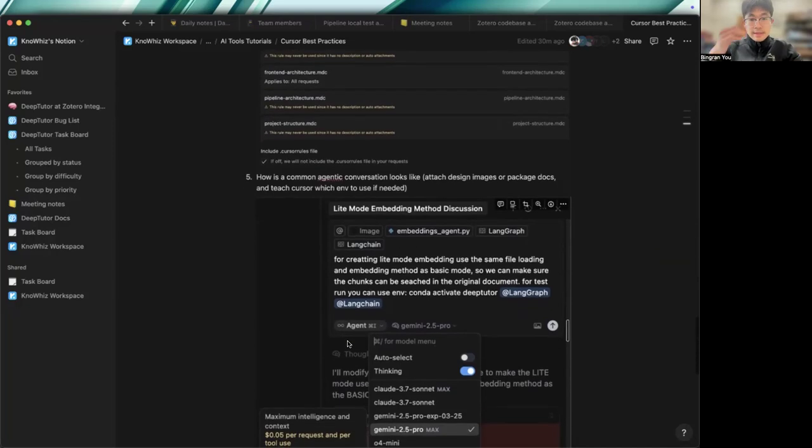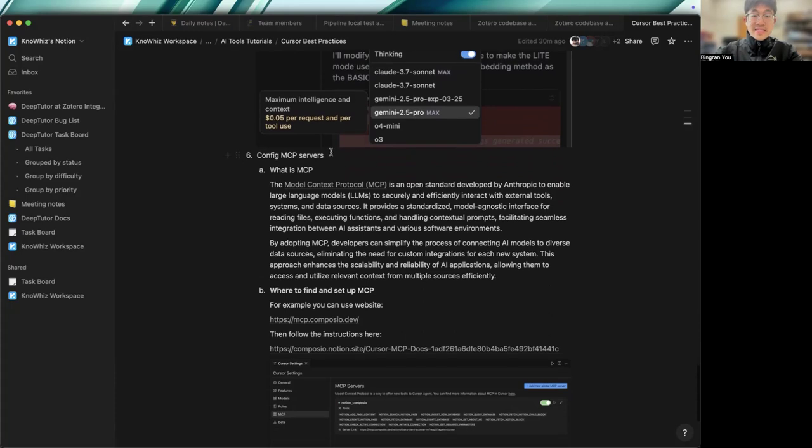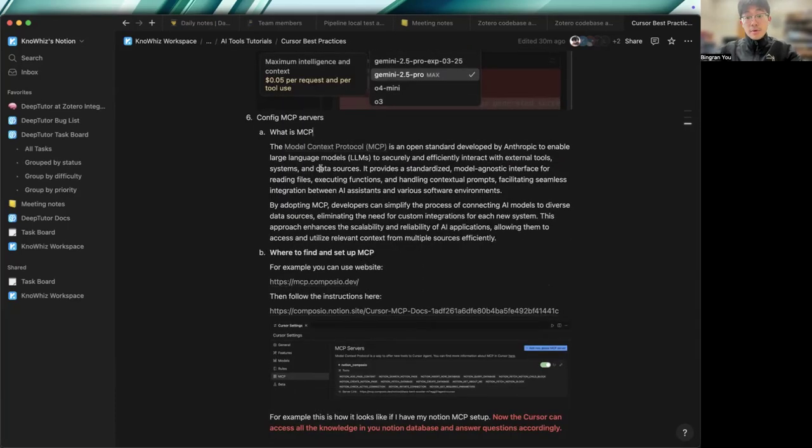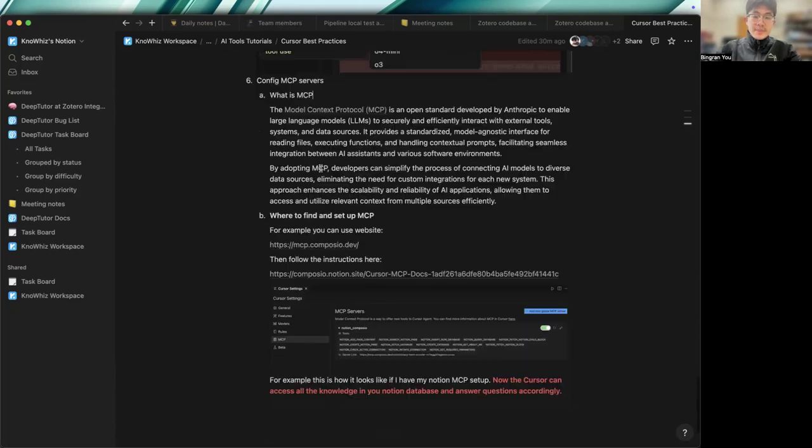And now another thing that's very powerful, and it's not only for crypto, just in general a very good, very fancy tool to try out, is MCP servers. What are MCP servers? MCP is the Model Context Protocol, an open standard developed by Anthropic to enable large language models to securely and efficiently interact with external tools. So basically,